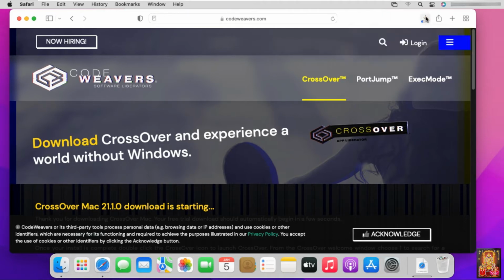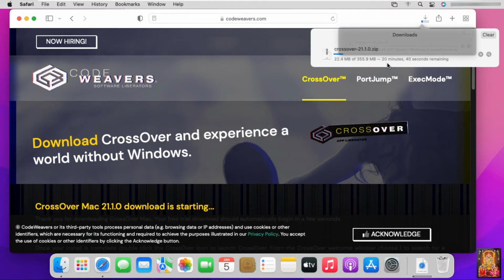As long as Crossover Mac is being downloaded, until then, I'll tell you what Crossover Mac is and what the use of this software is on macOS. Crossover is a Microsoft Windows compatibility layer available for Linux, macOS, and Chrome OS. This compatibility layer enables many Windows-based applications to run on Linux, macOS, or Chrome OS. Crossover is developed by CodeWeavers and based on Wine, an open-source Windows compatibility layer. This means you don't need to dual boot Windows and macOS. You can easily run Windows-based applications on macOS. In this video I am going to show you